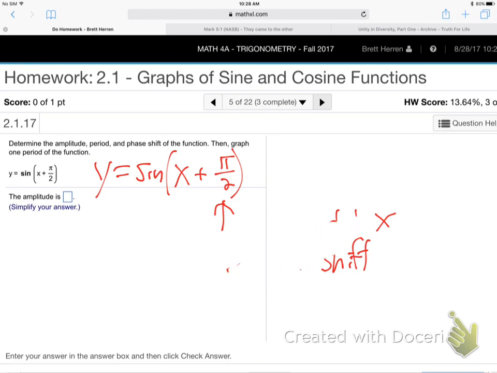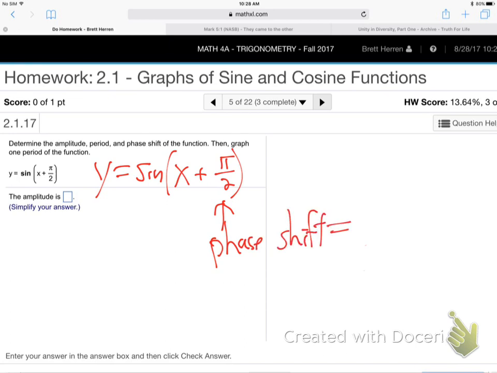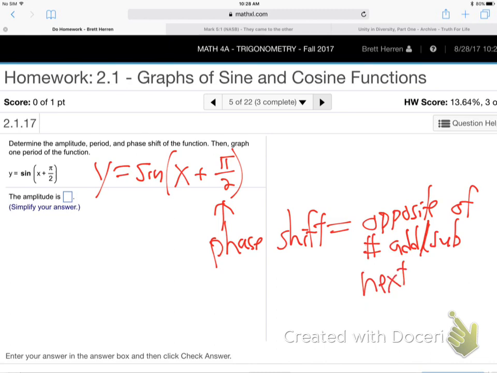Let me say that better. The phase shift equals the opposite of any number added or subtracted next to x. Do you see the difference between this and what we did in the last couple of problems